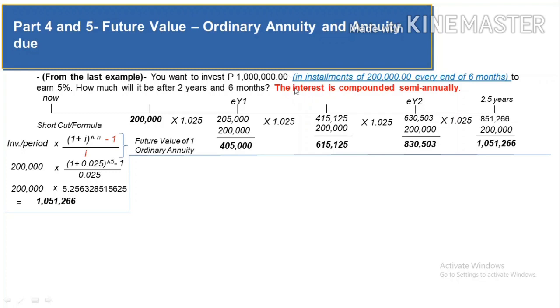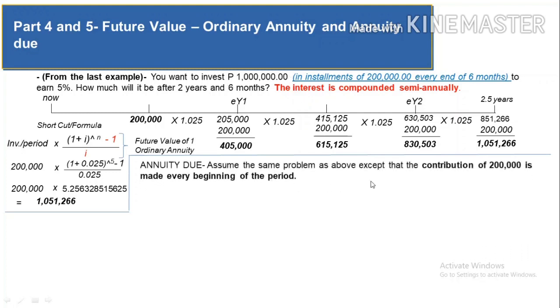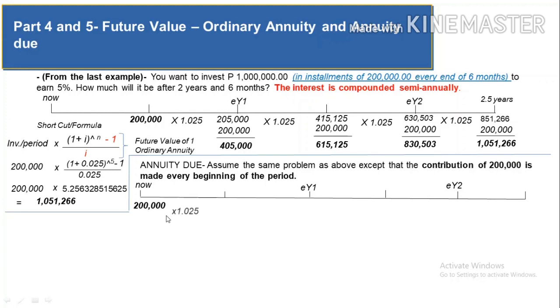So let's assume the problem above, except that the 200,000 is made at every beginning of the period. So now you're going to invest the 200,000 and then it will grow to 205,000, and then you add the second investment of 200,000, you have 405,000, and it will grow to 415,125 plus 200,000, you have 615,125 times 1.025, you will have 635,03 plus 200,000,